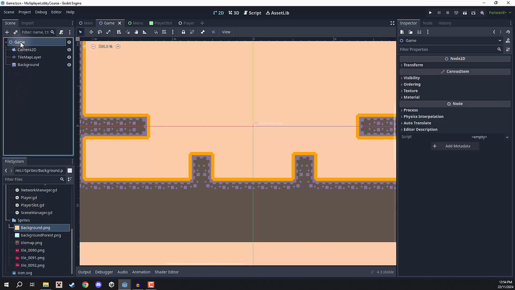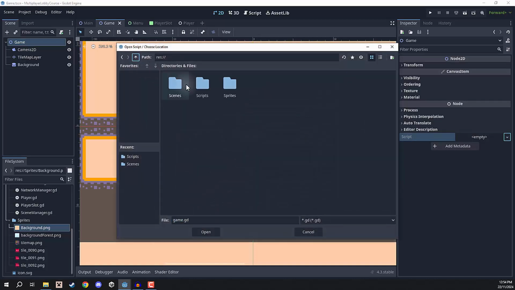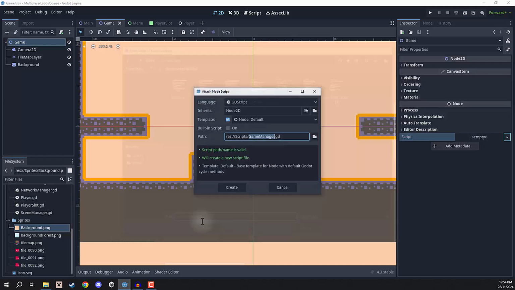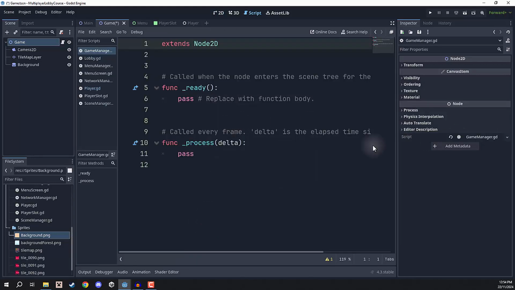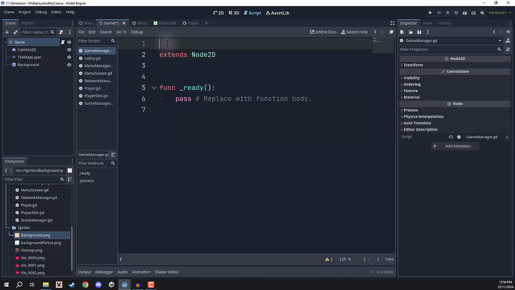So I'm going to select our game node here and I'm going to create a new script on it. And this script right here is going to be called our game manager. Okay. Now, inside of game manager, we are not going to be needing the process function, so we can delete that. We are then going to give it a class name of game manager, and we are then going to